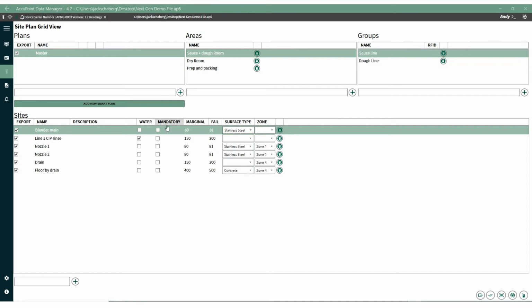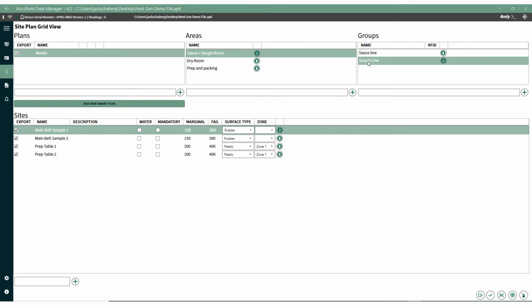Underneath each group are a set of testing sites. These mostly consist of your food contact surfaces. The sauce line has the blender, main line 1 CIP rinse, nozzle 1, nozzle 2, a drain, and the floor by the drain. The dough line has main belt sample 1, main belt sample 2 as some examples of different sites underneath the groups. To create a new area, you can simply type